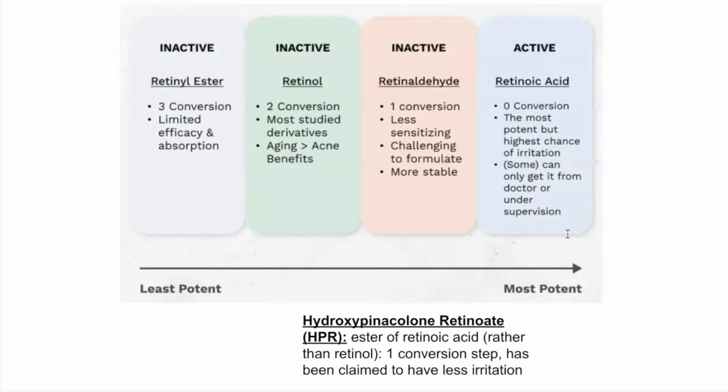So you may ask, why not just use retinoic acid rather than use retinol or retinaldehyde? Retinoic acid is the most potent product compared to over-the-counter products. However, it also means it has the greatest side effects, including dryness, peeling, and irritation. And therefore, generally speaking, when prescribing medications, we can start low and slow, start with a weaker product, and up